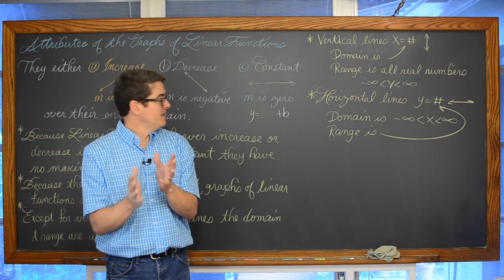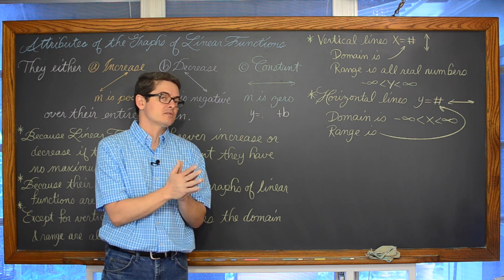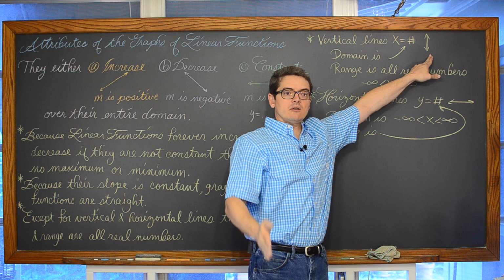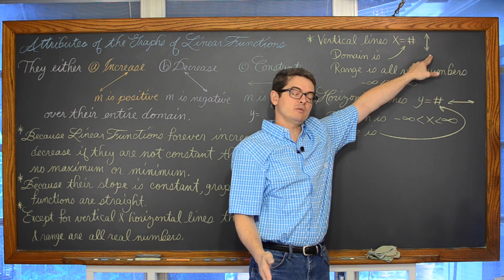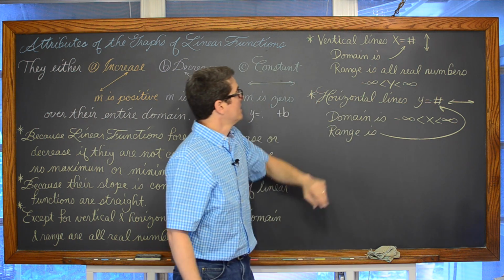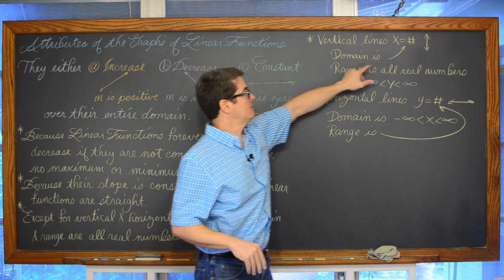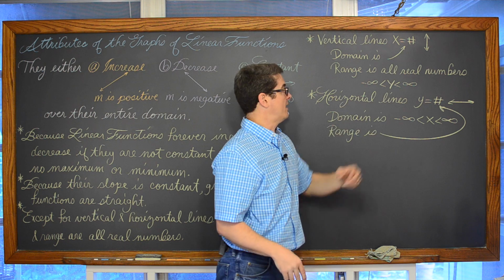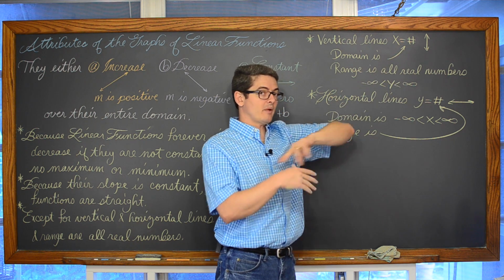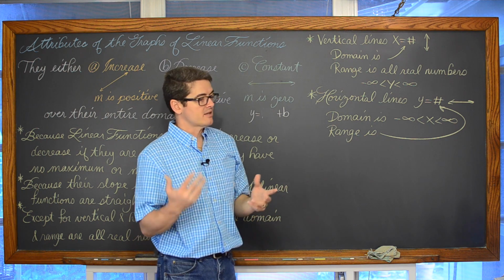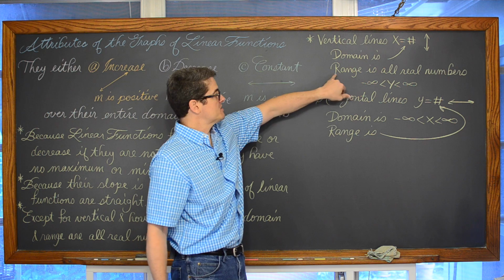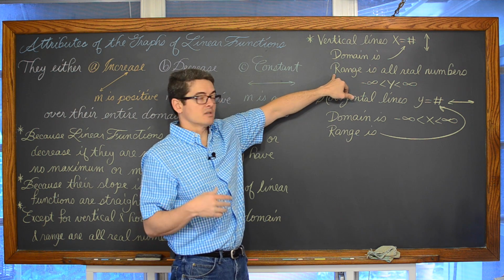So I'm kind of hinting here a little bit that we have some special cases with lines. If you have a vertical line where only the y is changing, but the x is staying the same, that's going to be in the form of x is equal to some kind of number. The domain for a vertical line, the domain being the x values, the input values, if it's x equal to 5, then the domain is just 5, period. That's the only x that's going to be included in all the points which make up the graph. But since it goes up and down forever, the range is going to be all real numbers.